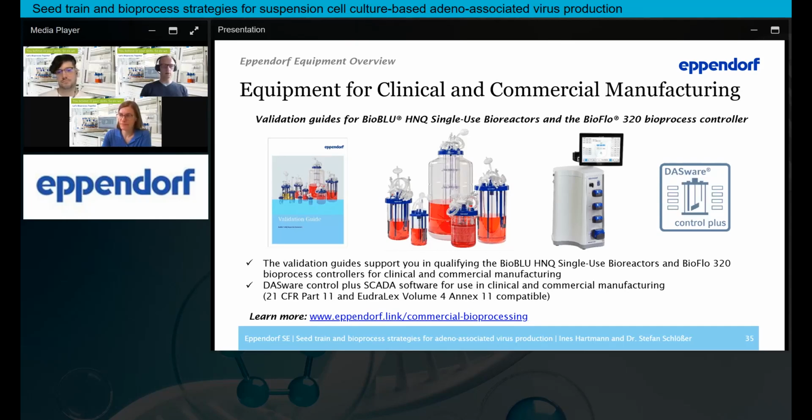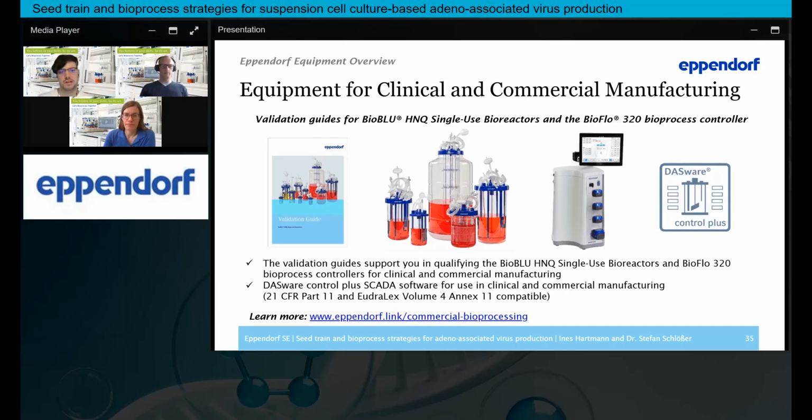All right, let's go to the last question that I can see here, and this is also bioprocess related. The question is, are there other options to monitor your process than directly on the bioprocess controller in the lab? Stefan. Actually, there are. I didn't mention this directly, but of course, you can always go into your lab and check how the process is running on the screen of your bioprocess controller.